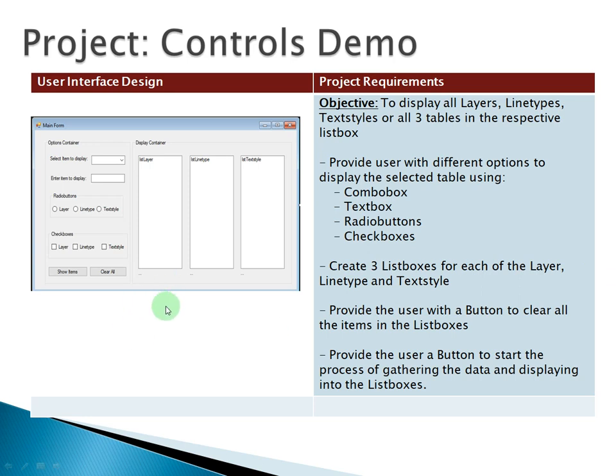Just before we create the project, let us first examine the finished product and also the objective as well as the project requirements. So this will be the UI that we are going to create for this demo. We call that the controls demo. What we have on this form is two major containers. The first one is the options container, where the user can select whatever options he would like to use, like